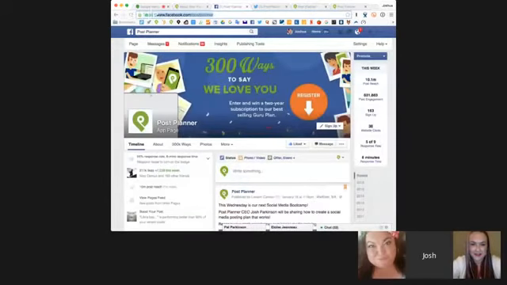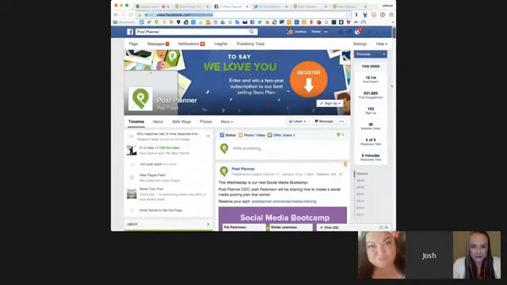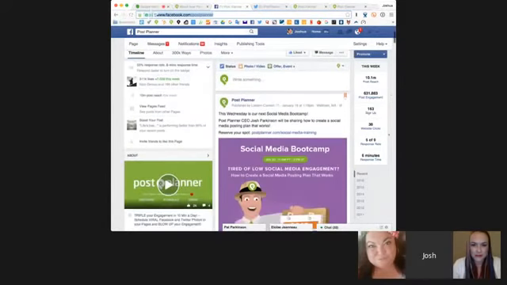Let's take, considering what we just talked about, chum, mixing up the chum with the baited hooks. We want visual content. We want a variety going out. We want first an engaging piece of content, then a baited hook, something back to our website, then an engaging piece of content. Let's see if we're actually doing this, right? Instead of just talking the talk, let's see if Post Planner's walking the walk. Here's the Post Planner fan page.